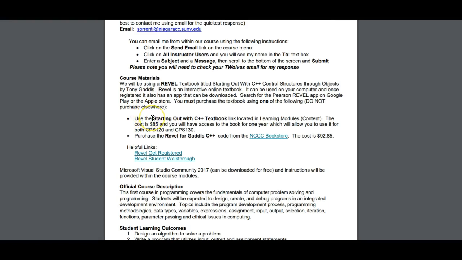So in order to purchase the textbook, you have to do one of the following two choices. Number one, there is a link to our textbook in the Learning Modules content section. It's the very first link, and you can go through this and purchase access to the book and Revel that way. The cost will be $85. You'll have access to the book for 1 year, so you can use this code for both CPS 120 and